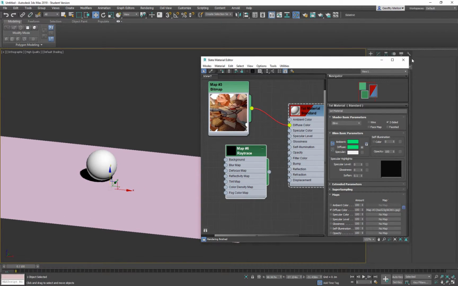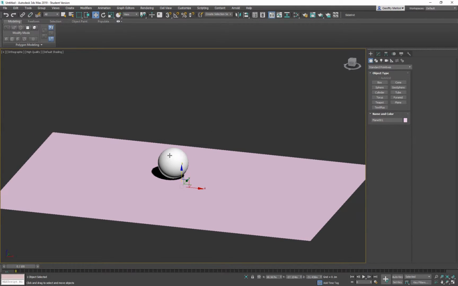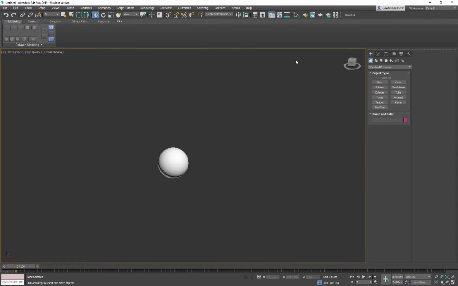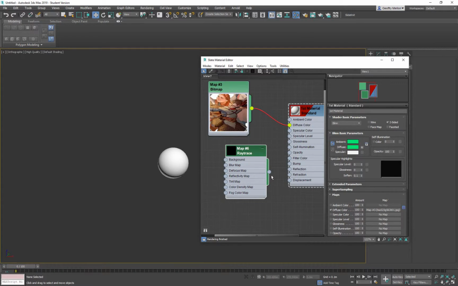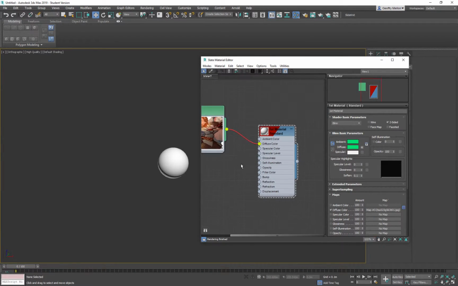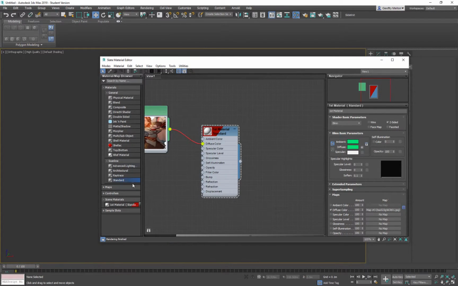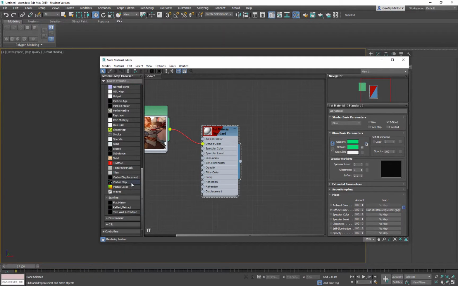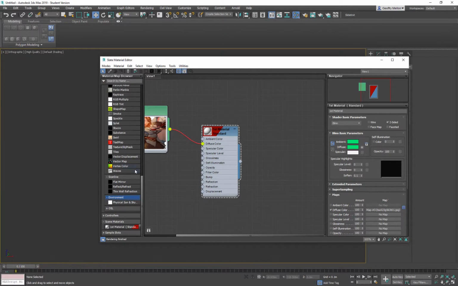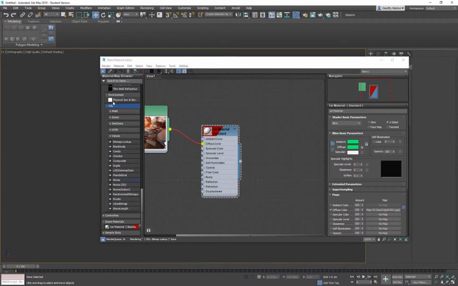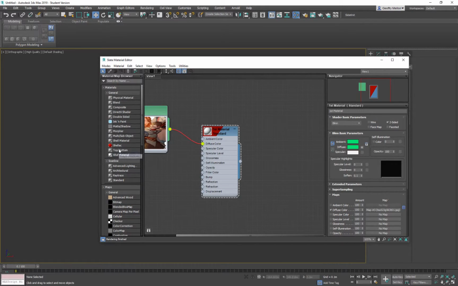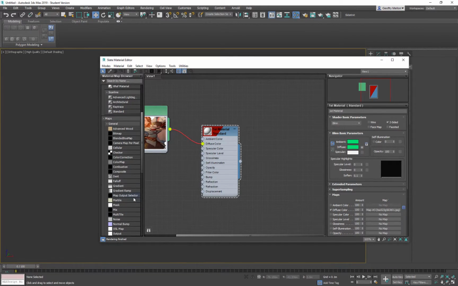Okay, so that said, that's the basics of Material Editor. I'm not going to go through every map type because every map type, there's just so many options. We could spend weeks on Material Editor if we knew we were going to be rendering everything. So if I right click here, or even better yet, we'll come out to here, you'll see there's tons of map types. Maps, there's also tons of environmental maps. There's some pre-made ones, and the scanline renderer doesn't work for the OSL. And then there's some, let's see, general,